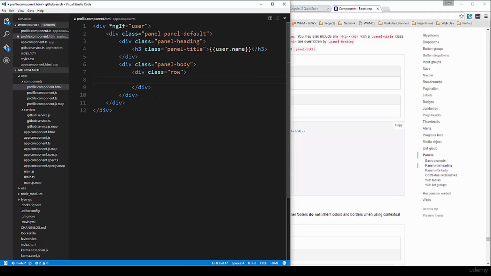Alright, and in here, let's put a 4-column div. So call MD4. Alright, and let's also put an 8-column div. So what I want to do is put the avatar in here. So we'll say image, source,